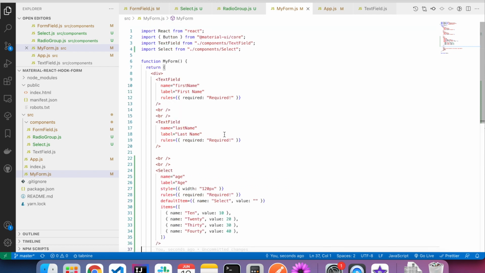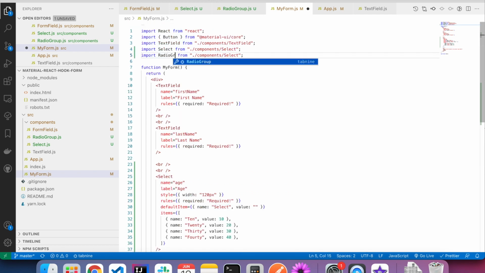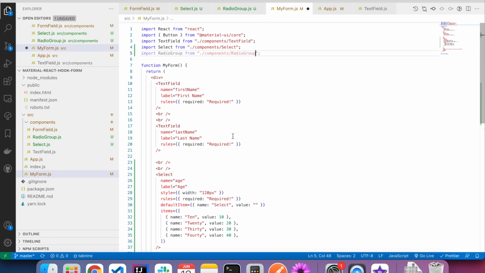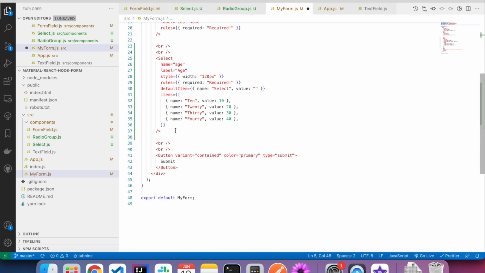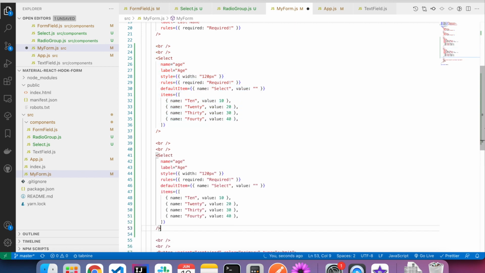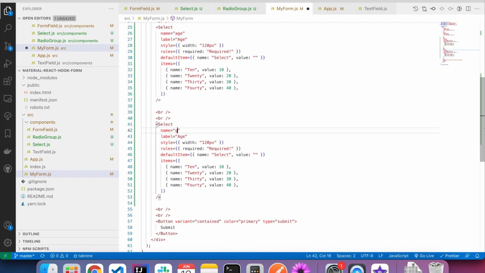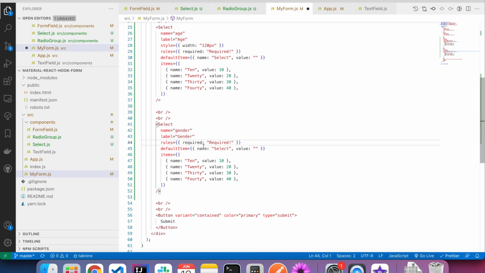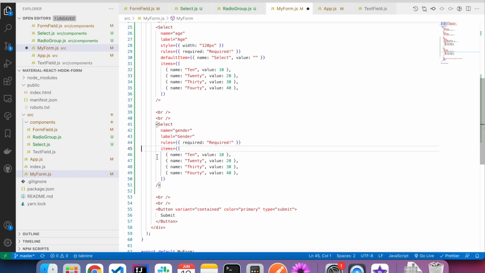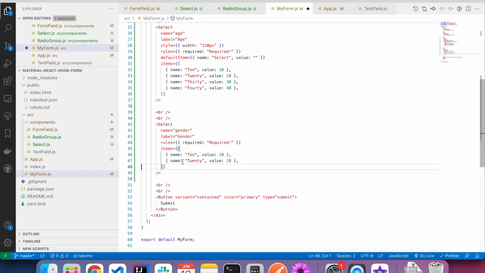So let's go to my form, import our radio group. Let me copy paste this thing as is. Instead of age, I'm gonna change it to gender. No style. Default item is not required.